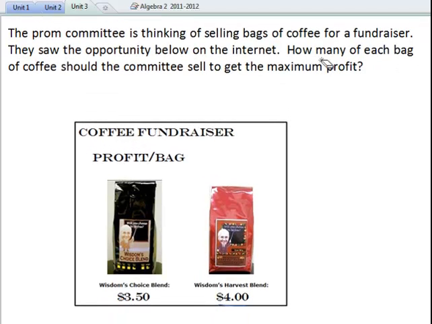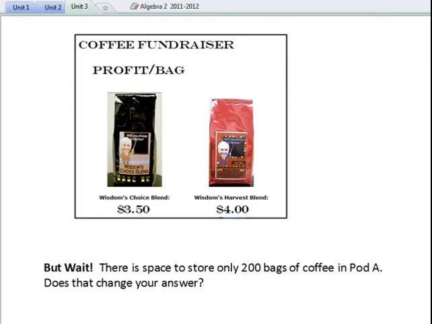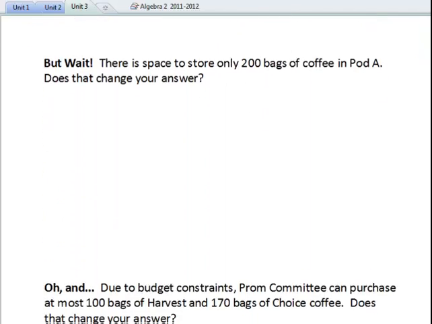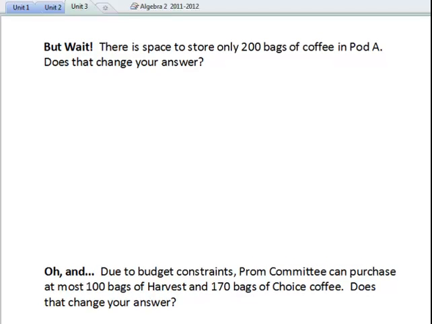Well, how many of each bag should you sell to maximize your profit? Well, you should sell 1,000,000 of each bag, or maybe 10 million of each bag. That would give you quite a bit of a profit. So hopefully your answer to the first one was, really, as many as you can. But then right away you see, oh no, there's only space that I can store 200 bags of coffee in